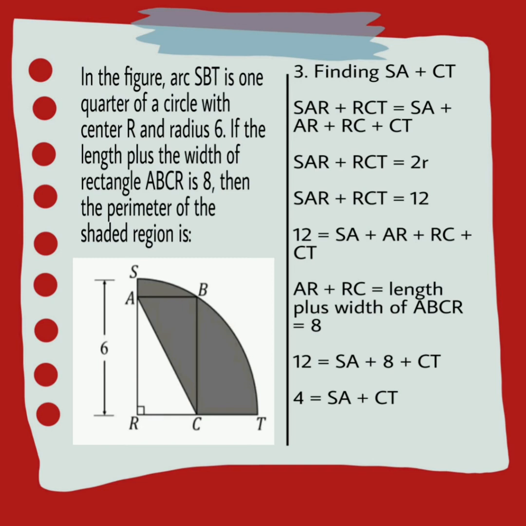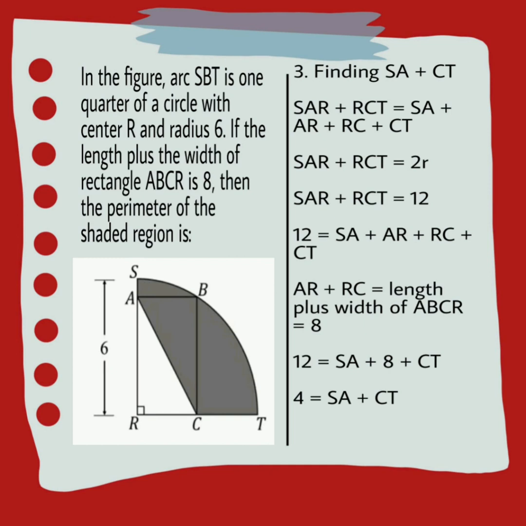That gives us more information about SA and CT, because the line segment SAR, the vertical one there, is 6. That's the radius. And RCT is also a radius, so it's also going to be 6. So what we know then is that if we subtract AR and RC from SAR and RCT, that's going to be